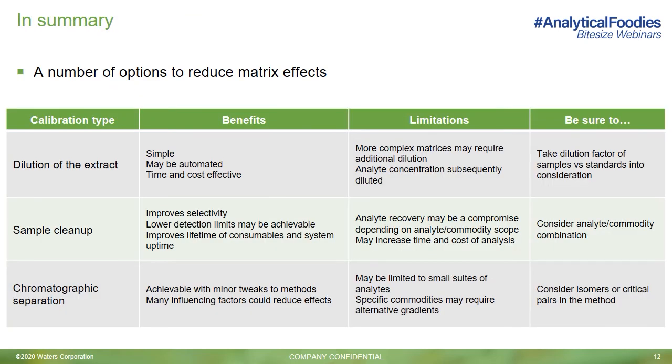So to summarize the approaches to reduce matrix effects we've just discussed, some of the main points are outlined in the table. For many multi-residue methods, one single option may not be sufficient based on the analyte commodity scope. Perhaps a combination of approaches may be required to either reduce effects as discussed here, and or to compensate for these effects, which are discussed in another episode of this series. Finding the right solution to overcome matrix effects is often method or lab specific. Hopefully this short overview provides some guidance when selecting the appropriate method to correct matrix effects experienced in your method.